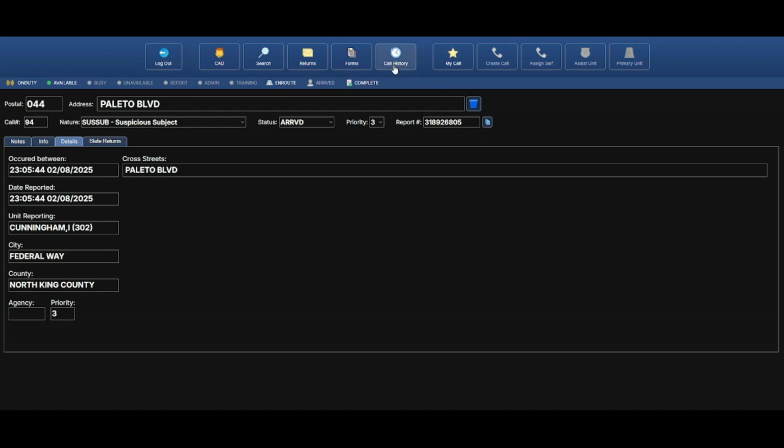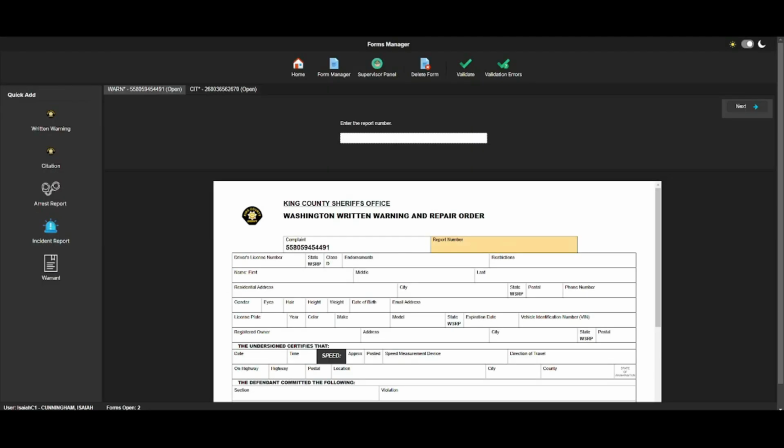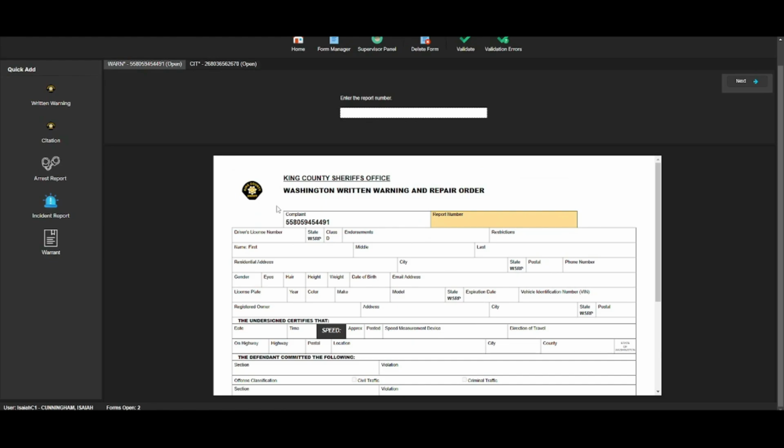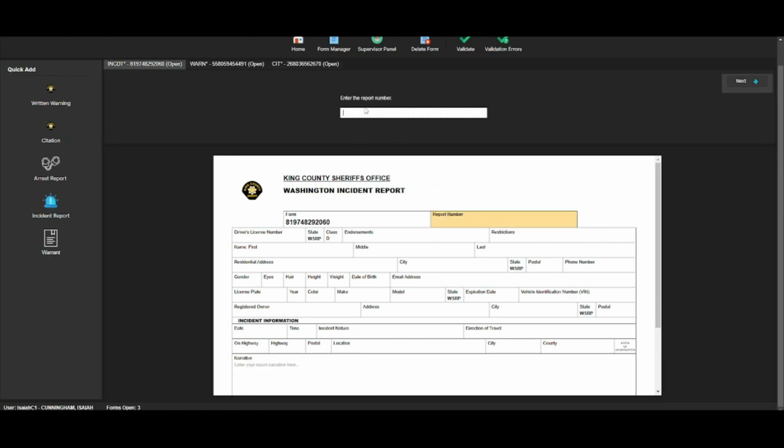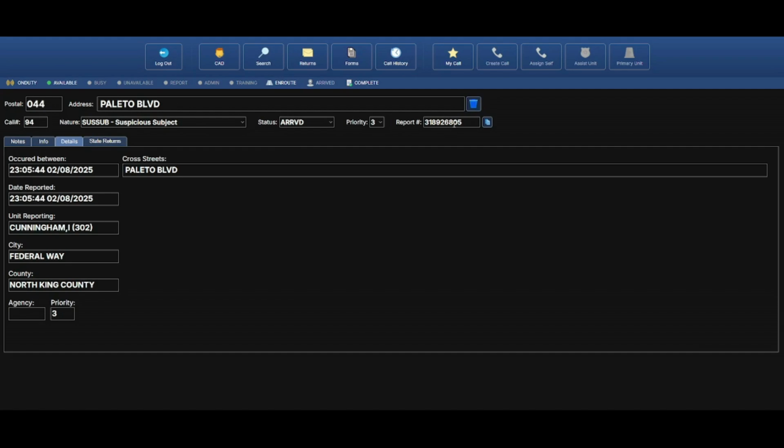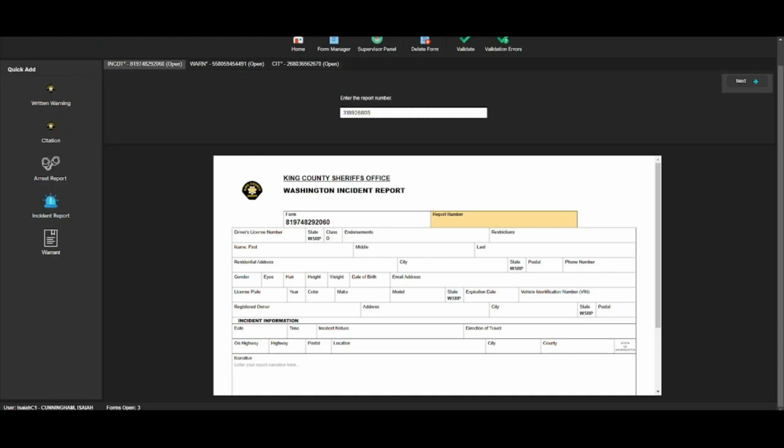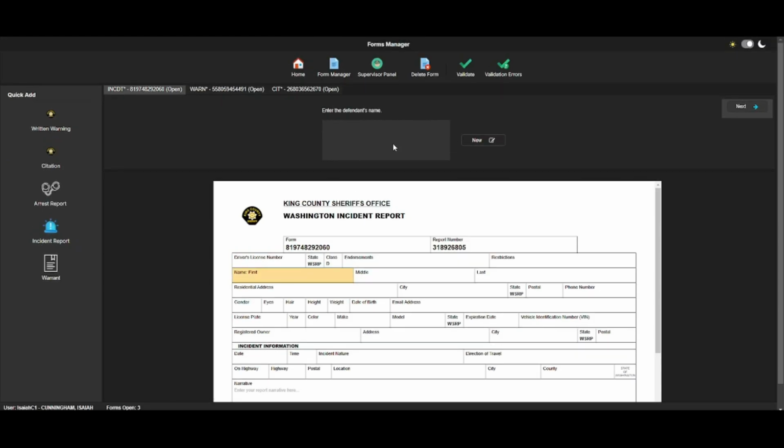So now moving on to what we have for forms. We're going to go just one here. So we have our forms. Say I want to write an incident report about this call. So the report number will be the report number from the call, located here. Then we'll put it in. We'll click next,